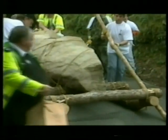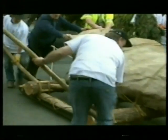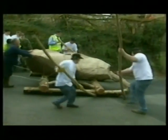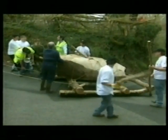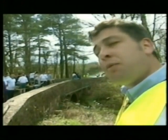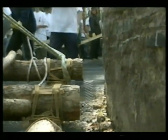Everybody clear! This is the second weekend the volunteers have been manhandling the stone. Now, into their stride, they faced their first obstacle, a steep hill down to a narrow bridge. Personally, I'm quite glad it's happened now on a fairly small slope. We can control it, even though it was to a lesser degree. The main thing now is to make sure we don't damage the bridge and that nobody, the volunteers, get injured. 1, 2, 3,